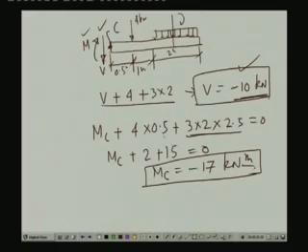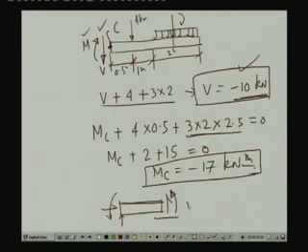In fact, we can achieve these results similarly if we take the free body of the other end, where we have already computed the reactive forces. From this we can find the values of the shear force and the bending moment, and they should be identical. So, we can take the free body of either half and compute the values of the shear force and the bending moment at that particular location,